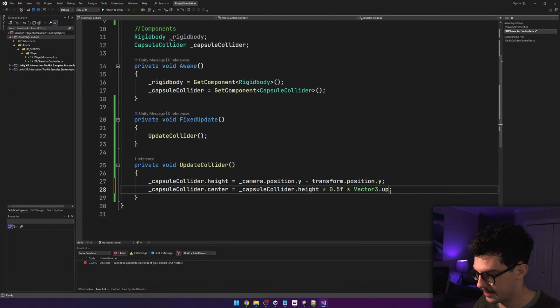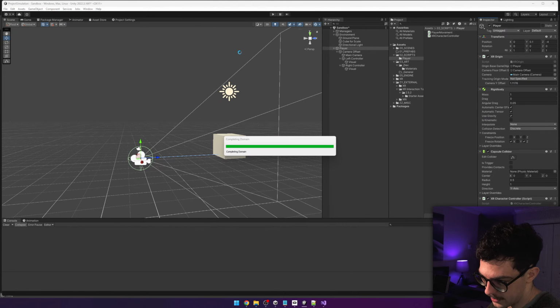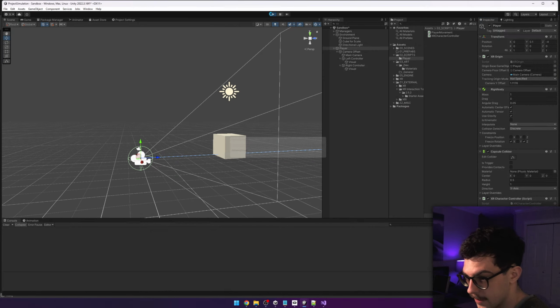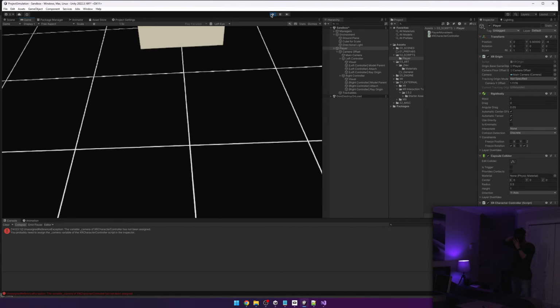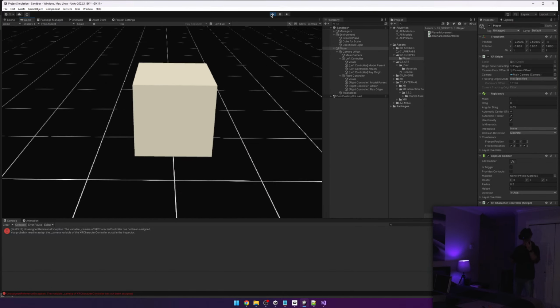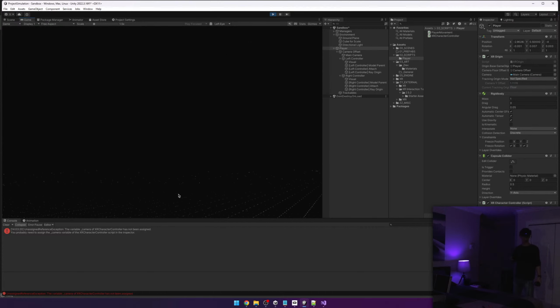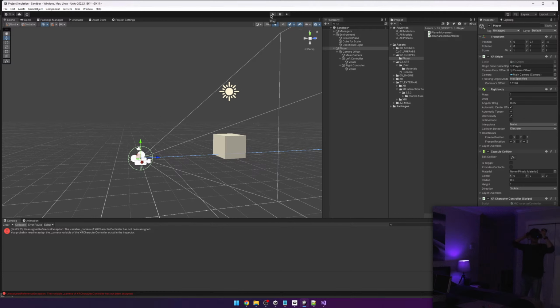Apply double to vector 3. Needs the F. Interesting. Let's put it up at the beginning here. It's just my preference. All right, so that should be working. Let's double check. Didn't assign the